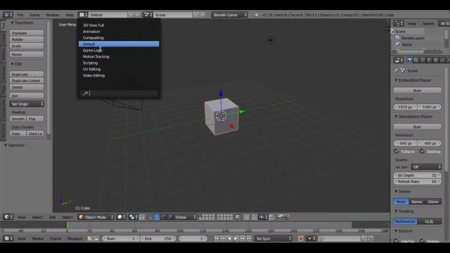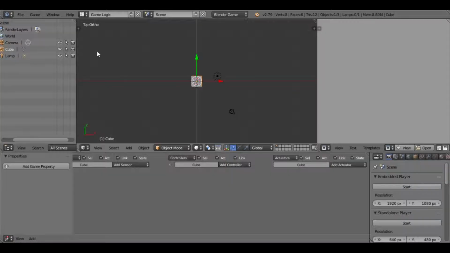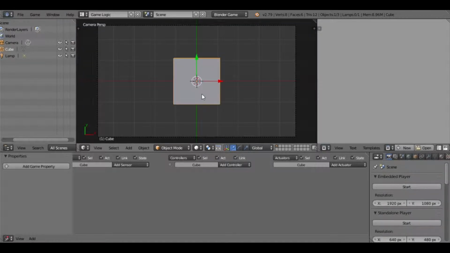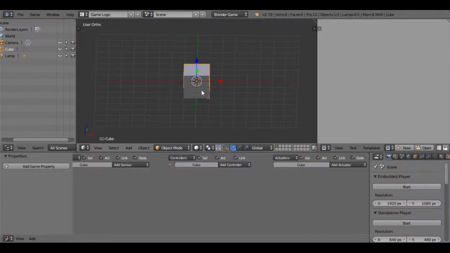Okay, so we're going to go to Game Logic, and make sure we're in top view, yes, and press Control Alt 0 to bring the camera up. We're going to keep the default cube, except we're going to bring it down to flat,